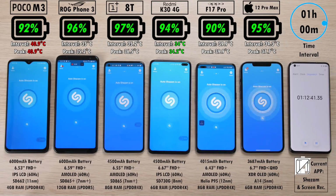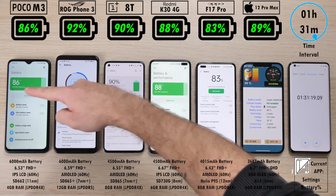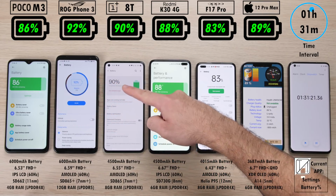The main reason for this is because the iPhone is actually using the new and improved 5nm A14 Bionic chip, while the POCO is using a slightly older Snapdragon 662, which is a mid-range chip or even a low-grade chip running on 11nm tech. I'll get to that in a sec, but as of right now, we have 1 hour